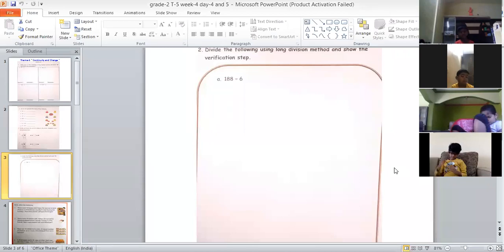Yes, Supratik? Ma'am, what is the page number, ma'am? 188 divided by 6, that is only, ma'am. Huh? Course book page number 15, ma'am. Page number 15, yes, ma'am. Actually, he has not completed page number 14, no, ma'am. Ma'am, we have completed, but you joined just now. That's the reason. Oh, okay, okay. Then I came to Hyderabad, ma'am. That is why. Okay, ma'am.